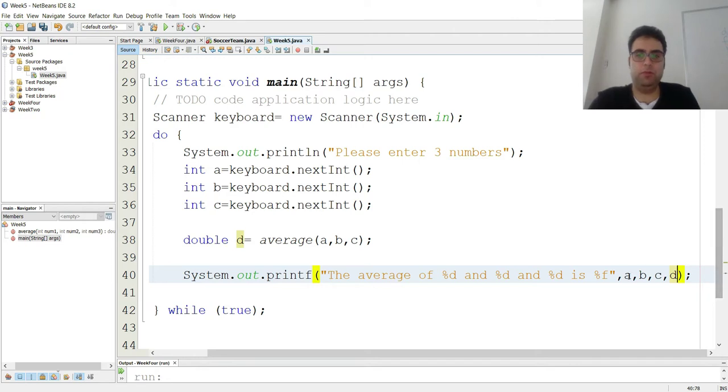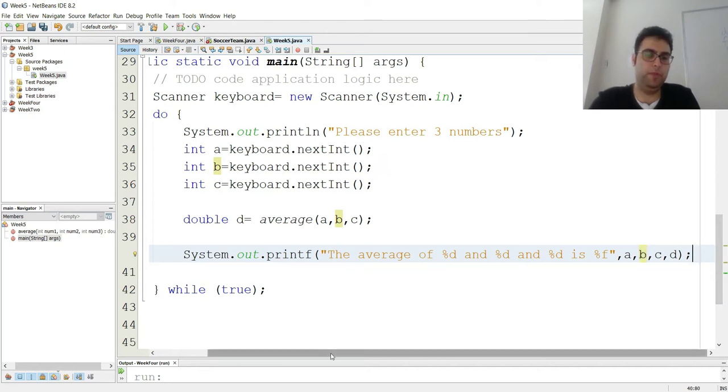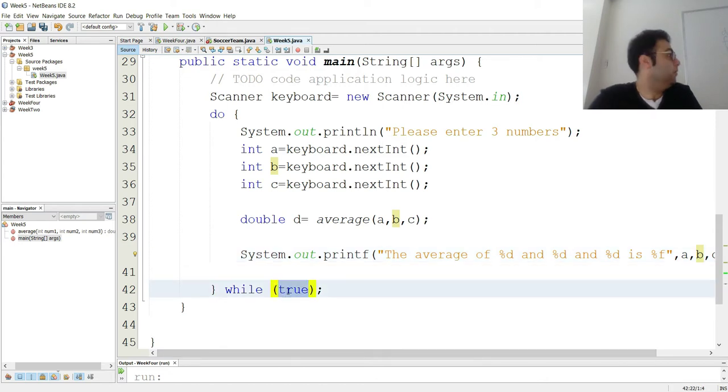Alright, so we're gonna do this. We get all those 3, turn it into a string like that, and that is pretty much it. So right now in my condition this is true, so it's just gonna keep repeating itself. It's like an infinite loop. So every